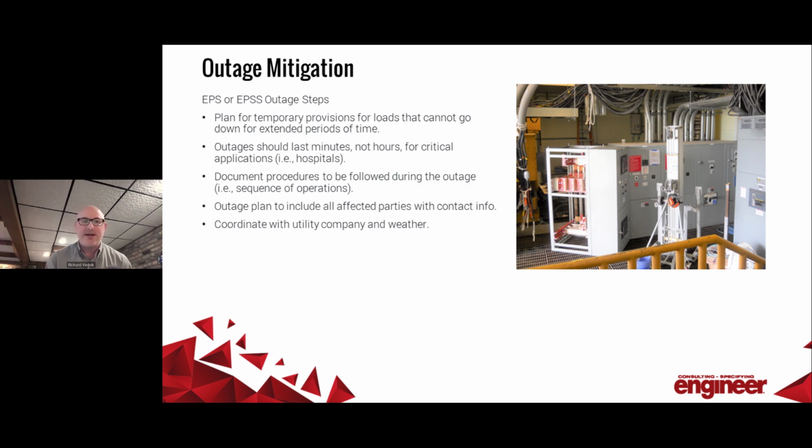That had to be planned with the manufacturer ahead of time, but most of the planning was in the outage mitigation. Because we have to take the entire system out of service, we needed a temporary generator to replace the permanent one. And those outages have to be planned out in minutes, not hours. You can't be an operational facility and not have an emergency power supply system. So you have to plan very early with all the AHJs.